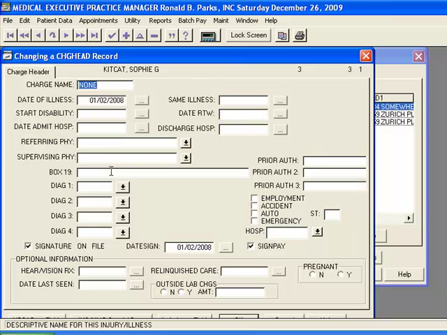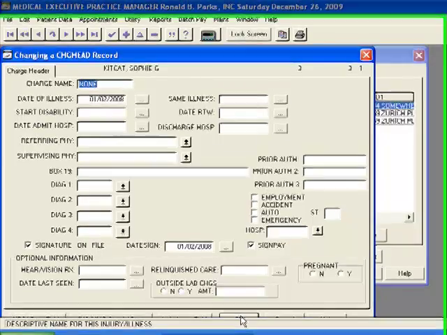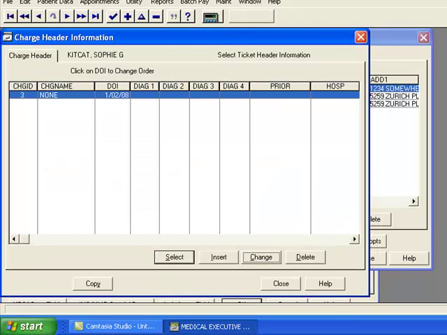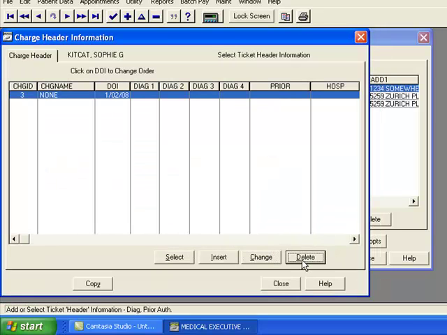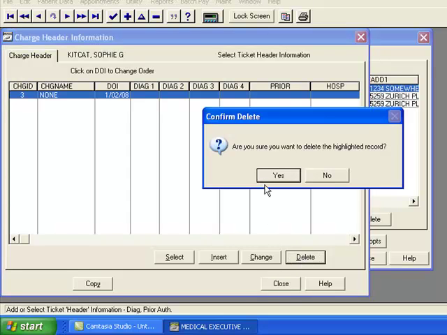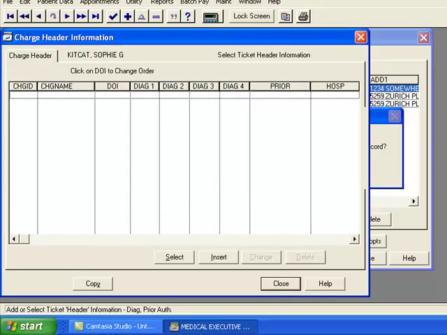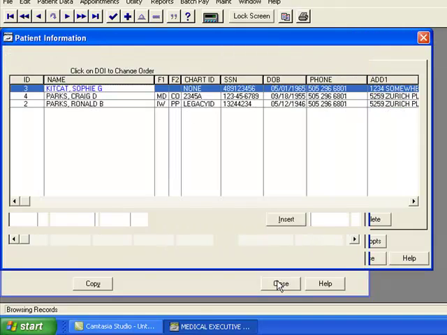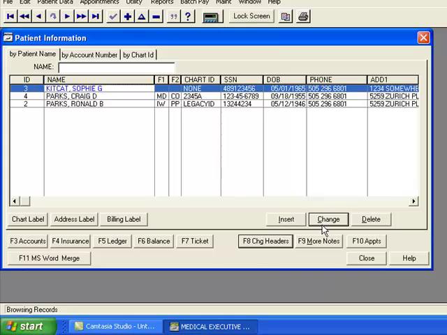We don't have any diagnosis code in this case, but we do have something there. So I'll say OK to that. And if we want to delete this patient, we'll go ahead and delete the charge header. We'll say yes. And we'll close this. Again, the escape key sometimes is faster. Now when I say delete,